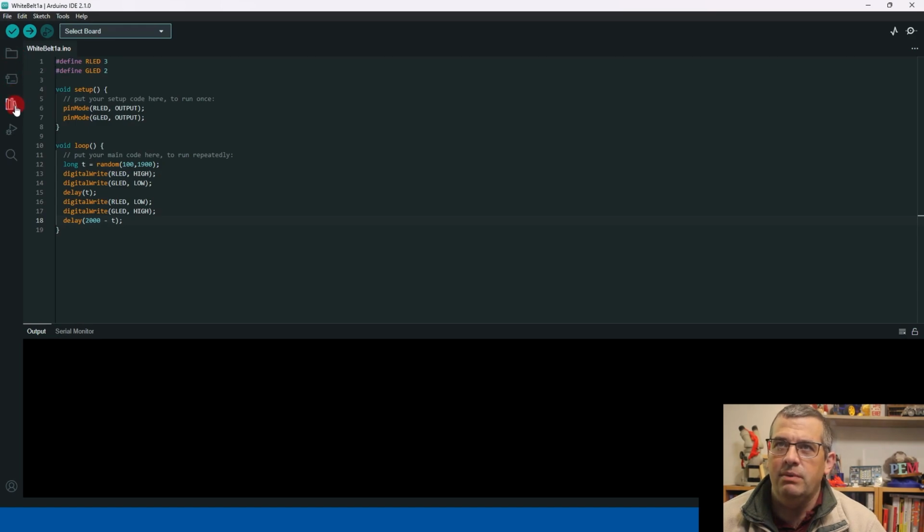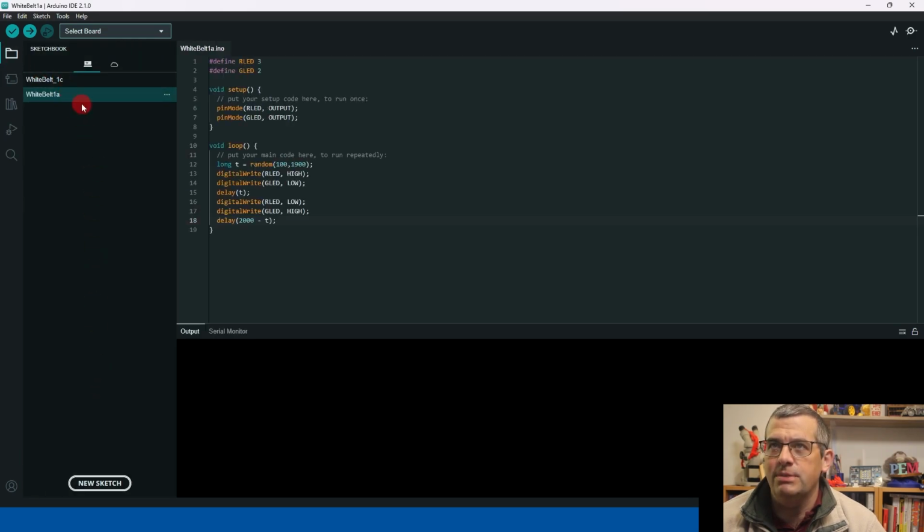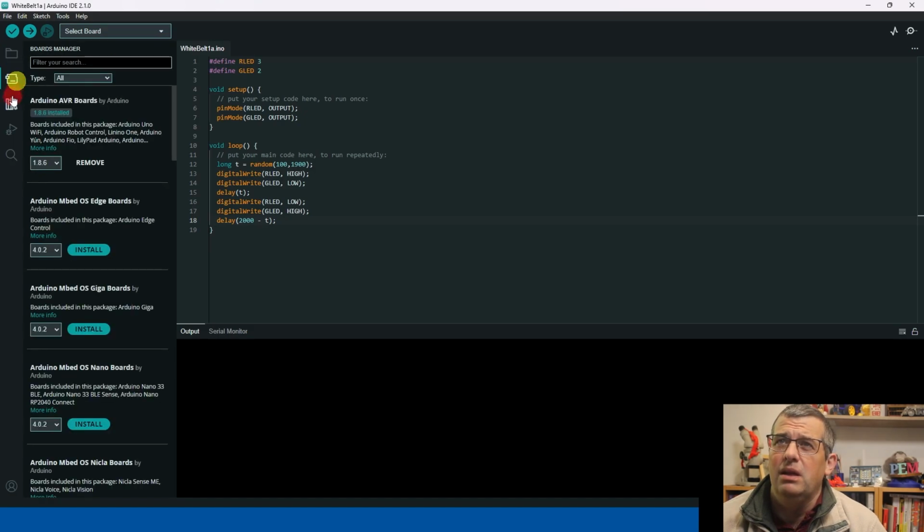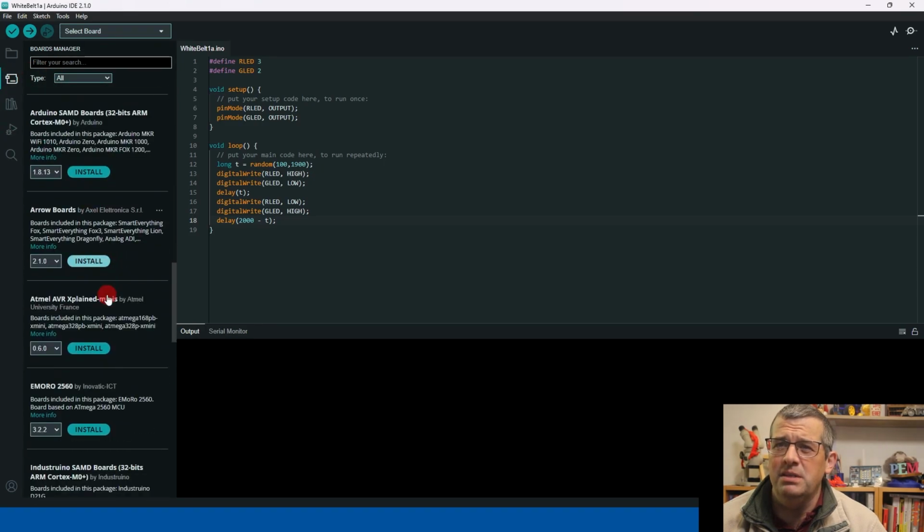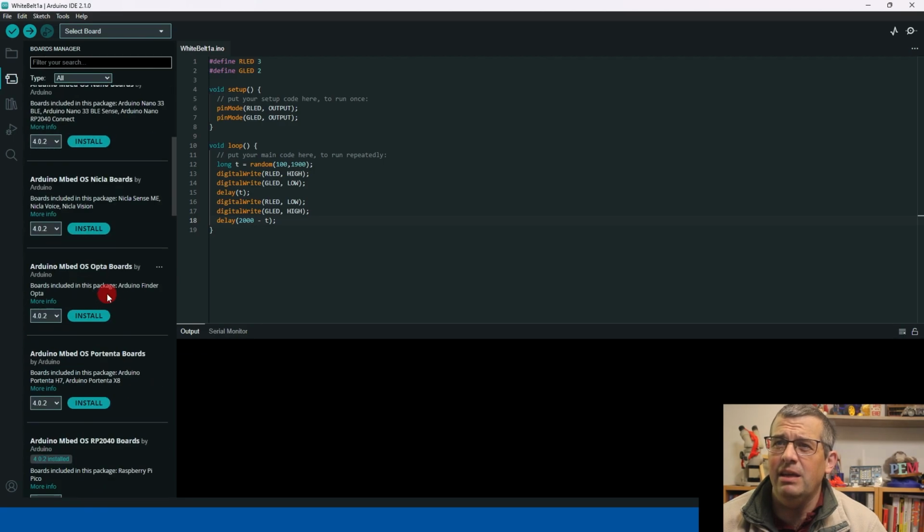Down the left hand side we have the sidebar. The sidebar has 5 buttons on it by standard. The top one opens the sketchbook, and so allows you to see all your different programs that you've written. There are local sketchbooks and there are cloud sketchbooks. We'll be working generally on the local one. You can bring up the board manager, which allows you to have all these different boards, because this IDE works